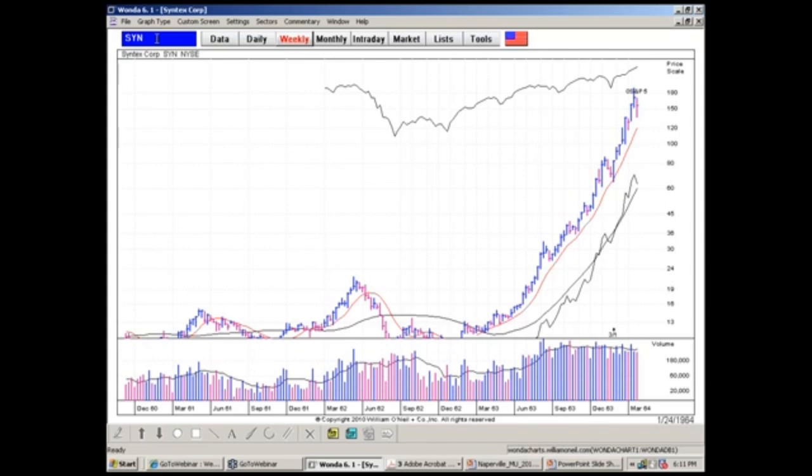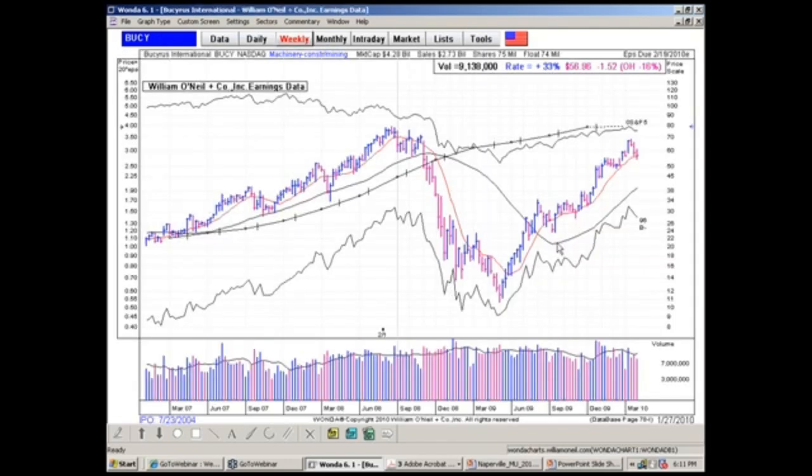If Bucyrus broke out on the week of 12.25 and went up 20% in 3 weeks, do we use an 8-week rule in a non-growth stock that is near prior resistance highs? Well, I wasn't quite certain on this. It seems to me that I've used that rule on an initial base, either a cup with handle or high tight flag, whatever. This was really a second stage base, and it really looked like a growth stock even though it's been cyclical. But I don't think we would normally apply it there.